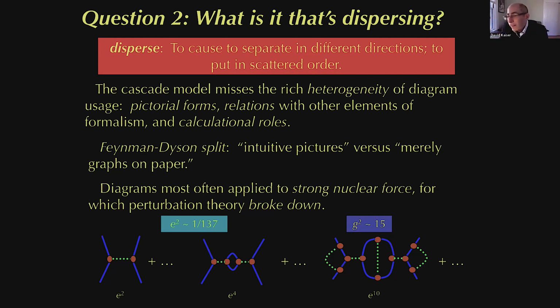None of that works when you apply these to strongly interacting particles. And guess what most physicists in the United States applied them to? Strongly interacting particles. It makes no sense at all. They applied it to the scattering of, say, protons off of pi mesons or neutrons off of other kind of particles coming out of the new accelerators. The analog of the electric charge for those nuclear forces was strong in the same natural units. It's larger. In fact, it's larger than 10, which means that this diagram counts exponentially more than this diagram, and there's an infinite number of them. So they're not doing perturbation theory, and yet they're still using diagrams.